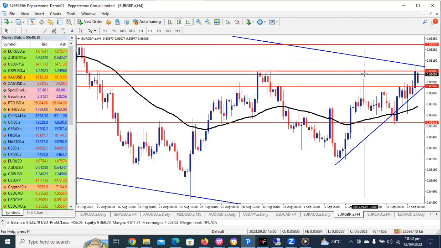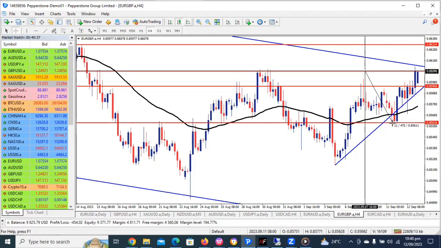From here, let's see. This is about 23 pips. So here is about 13 pips, but I'm going to ride it all the way to this point. That's about 47 pips. So it's almost 2 to 1. My risk is 24 pips. My profit is about